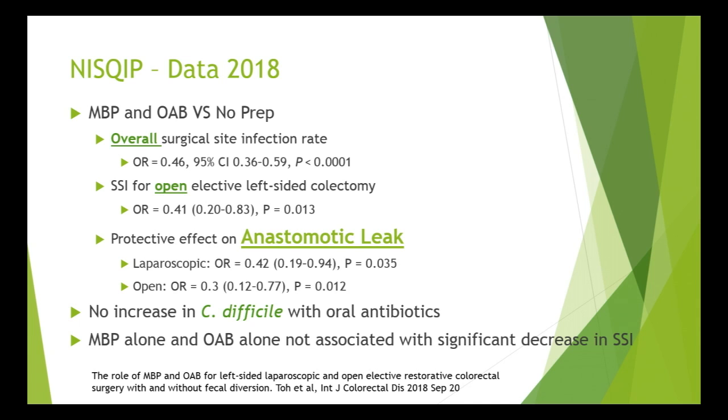If you look at this, you'd see that there is an odds ratio favoring the three kinds of therapy, the mechanical bowel prep, the oral antibiotics, and IV, with an odds ratio of 0.5 essentially. With left-sided colectomy as an example, even open left-sided colectomy, which you'd think would be at high risk, these were also improved. Anastomotic leak rates favored combined therapy at 0.4 with both laparoscopic and open, and they did not find any increased risk of C. difficile